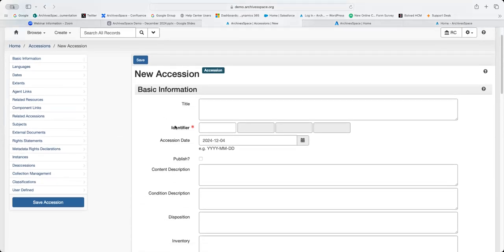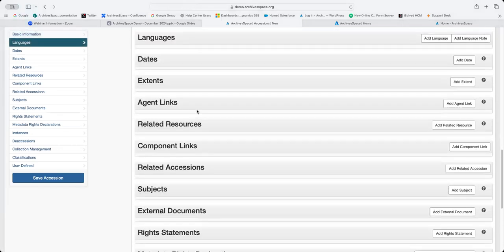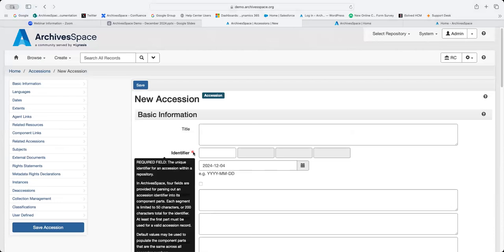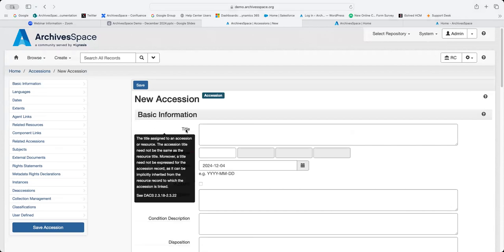Within the application, you'll notice anywhere there's a red asterisk, that means that information there is required. For accession records, it's pretty limited in terms of what's required, but here's your red asterisk. You notice that when I keep hovering over this field, I'm provided with this black pop-up. These are tooltips that provide you with specific information about what you're looking at. These rollovers are associated with almost all of the labels in ArchivesSpace. There's another one. You hover your mouse over a particular heading or label to see the rollover text.